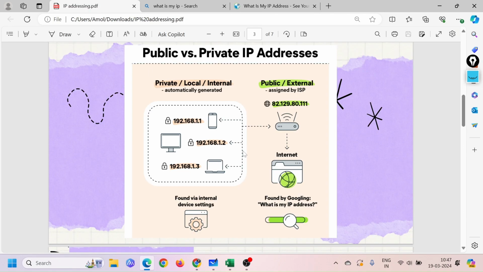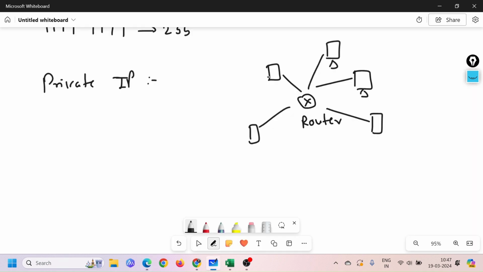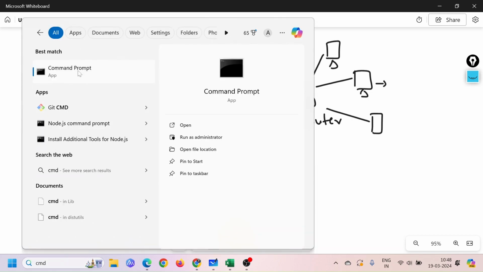Let's go ahead. Here is the private IP definition: a private IP address is an address assigned to a device within a private network. Right now, I have multiple devices, like a PC and a few laptops, and I do have some private IP. I can confirm that by going to CMD. I can open CMD,